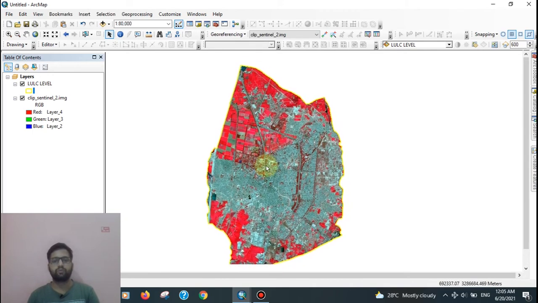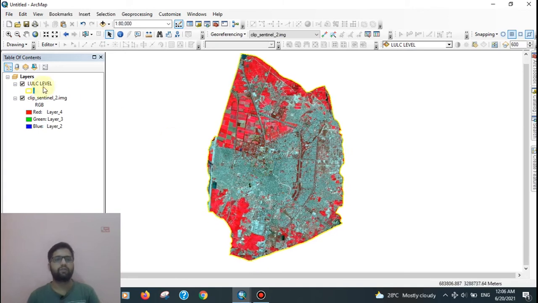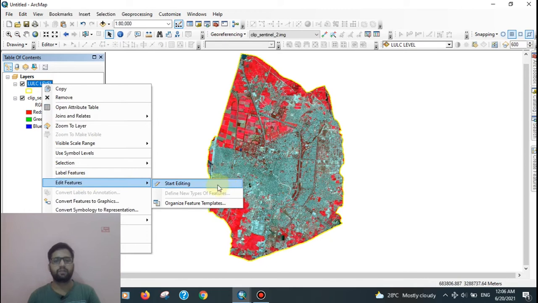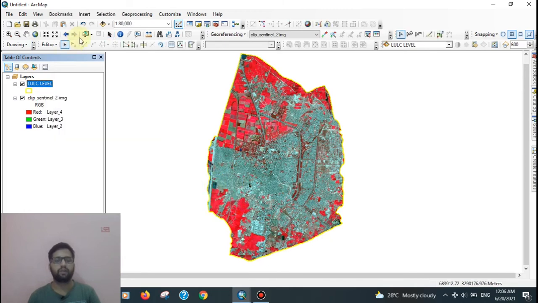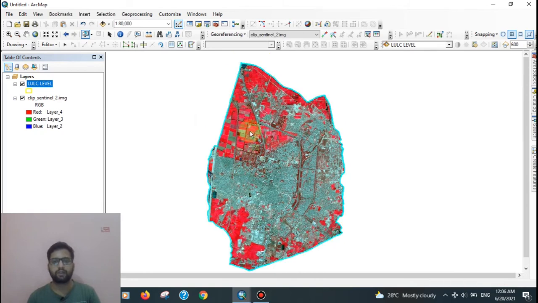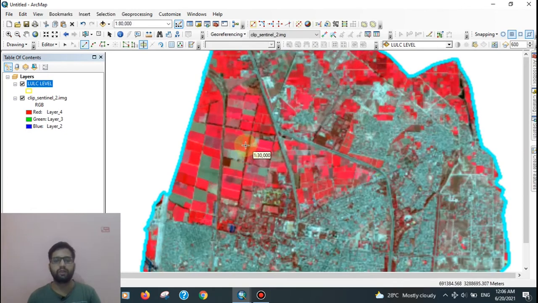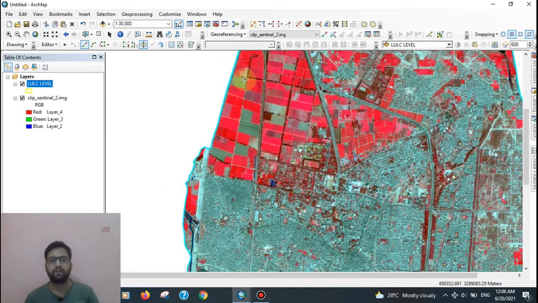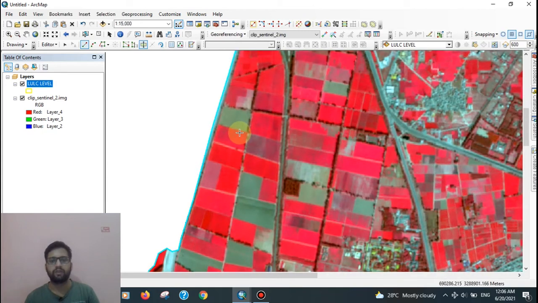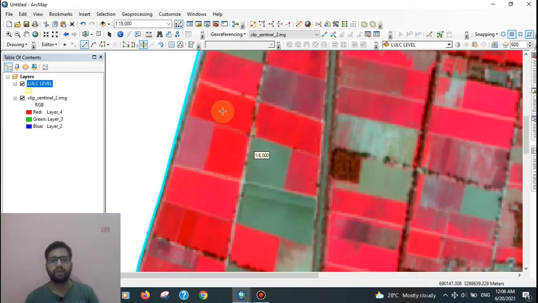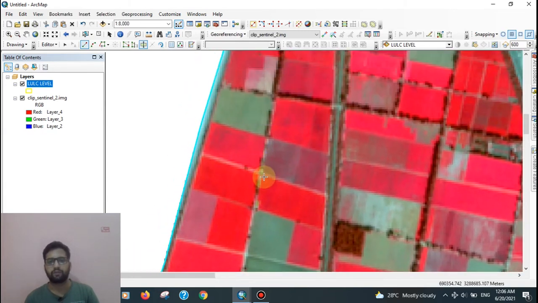Okay, so after adding the study area boundary, you have to create the land use land cover map. Then go to LULC level and edit feature, start editing. After start editing, you select the boundary and go to cut polygon. So to create a land use land cover map with different levels, one of the best processes is cut polygon. Okay.